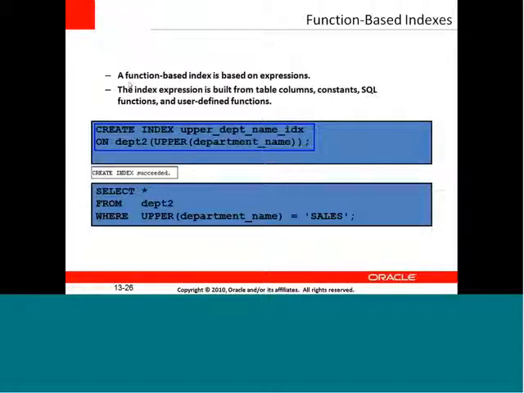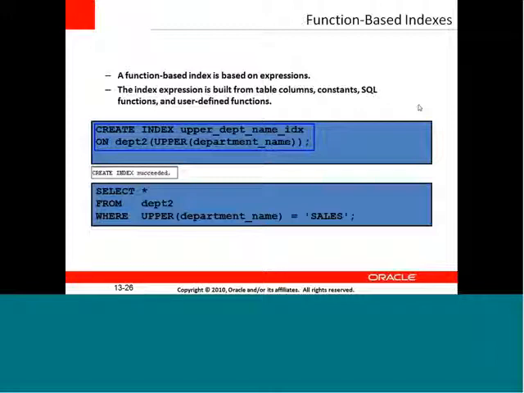So this is function-based indexes. A function-based index is based on an expression, and the index expression is built from table columns, constants, SQL functions, and user-defined functions. So this is how I'm going to create a function-based index, and it is based on some expression.